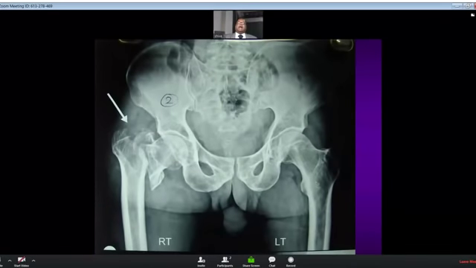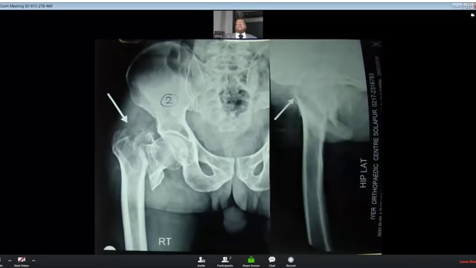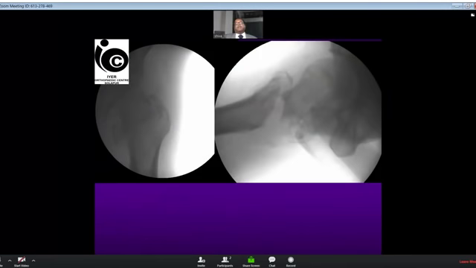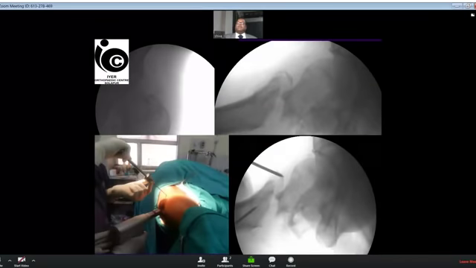How do I do this anteromedial reduction? Because many people ask me every time how we do these cases. Friends, this is an example. Both in AP and lateral pictures, the neck is widely separated. This is on the traction table, under traction, abduction, and external rotation. You can see a fairly good reduction. But if you see the lateral view, the neck is not 100% reduced.